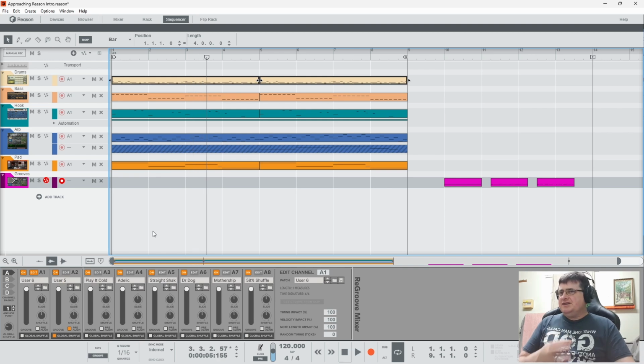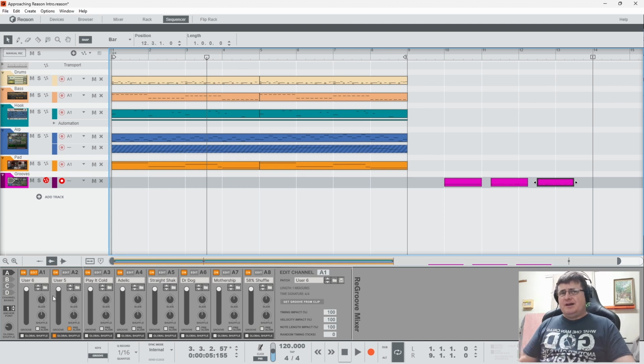So with no changes, no mix changes, no anything changes other than this groove, which is this, we've suddenly got this a lot clearer. So there's less work for the mixing stage because we've already pointed out the groove quite